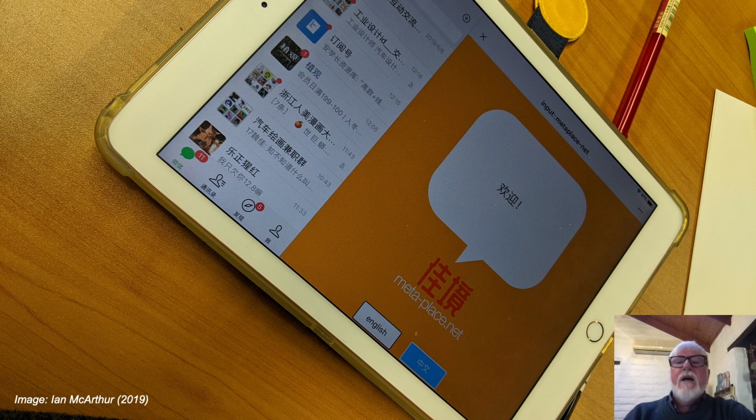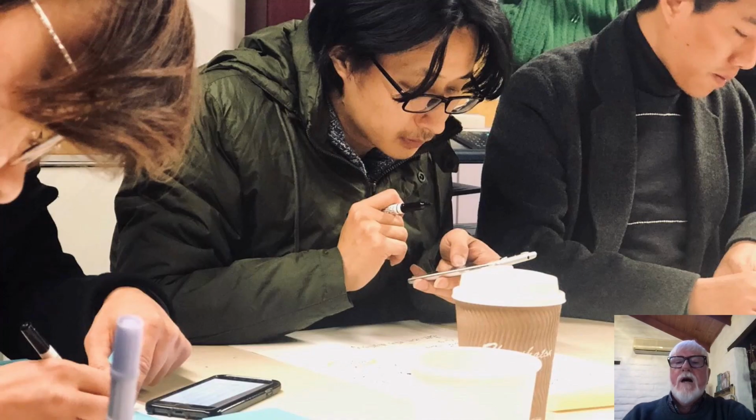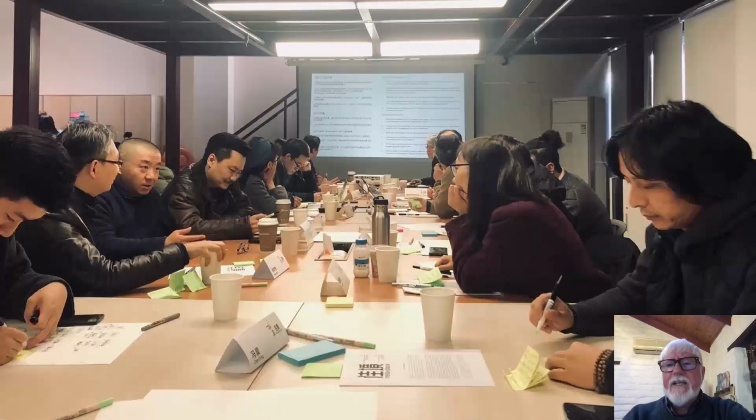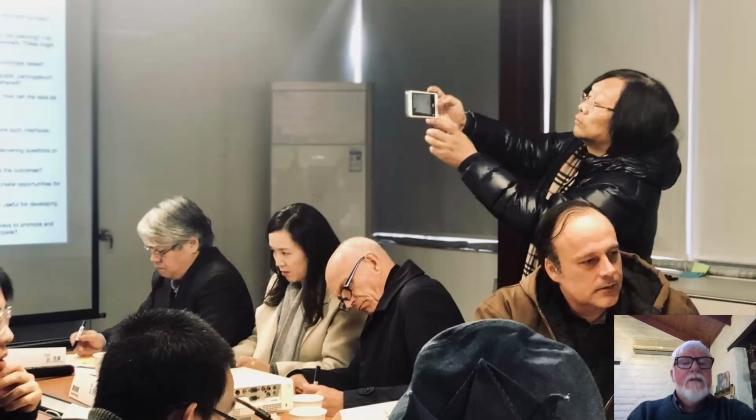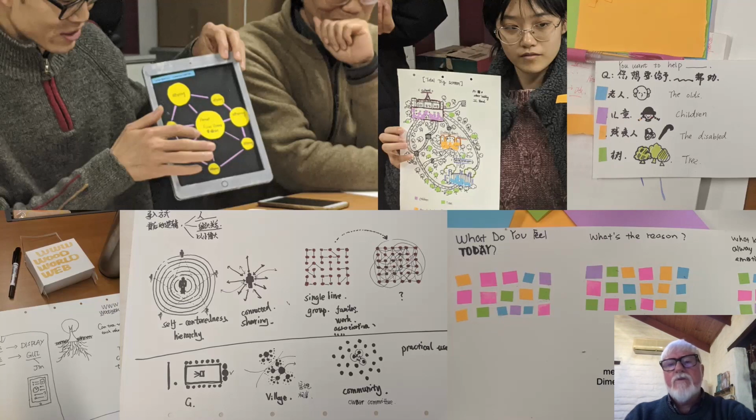So I adapted the initial prototype used in Sydney to a bilingual interface and introduced it as a provocation at a series of workshops held at the Dimensions Art Centre in Chongqing. I initially approached the planning for the workshop by adapting Knapp's Google Design Sprint model for what I thought was going to be a 2-day experimental hackathon designed to engage local urban media stakeholders, or UMS, in affinity mapping and